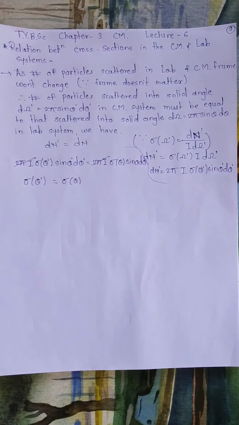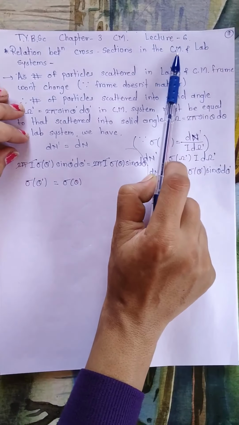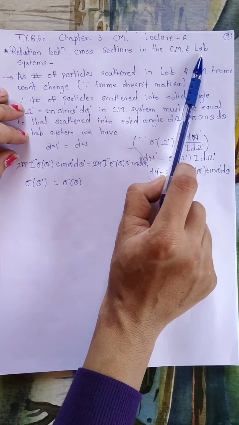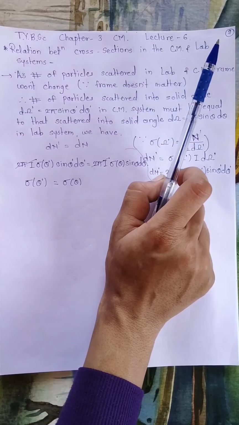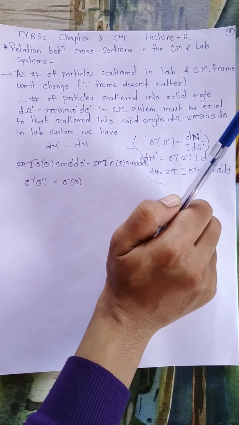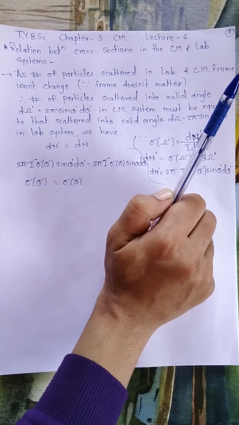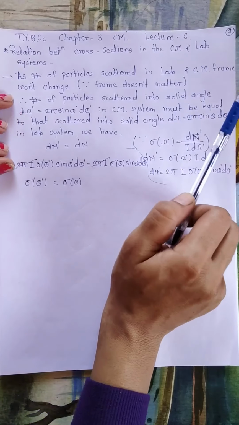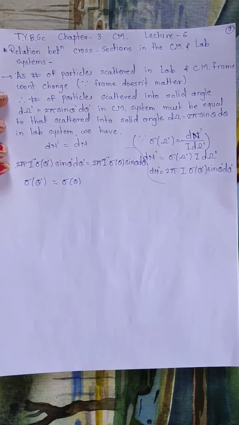We have obtained the scattering cross section in the center of mass frame. Now we will obtain the relation between the scattering cross section in the center of mass frame and the lab frame of reference. So here we will use one common sense, that is, the number of particles scattered in lab and center of